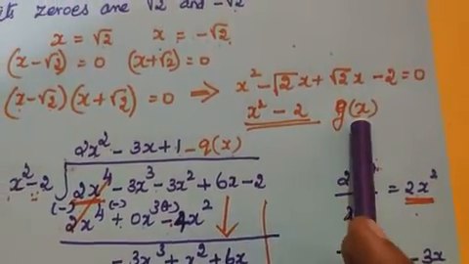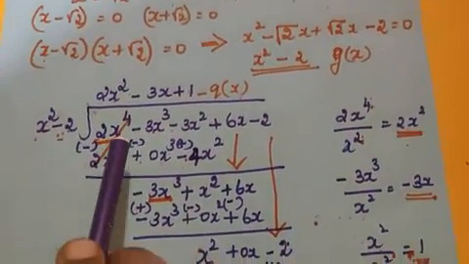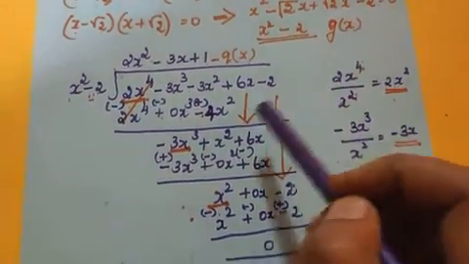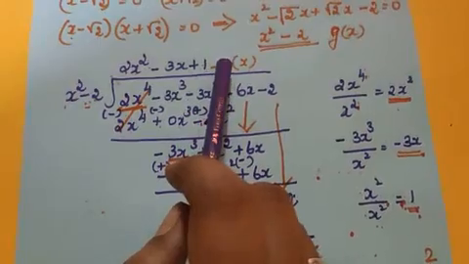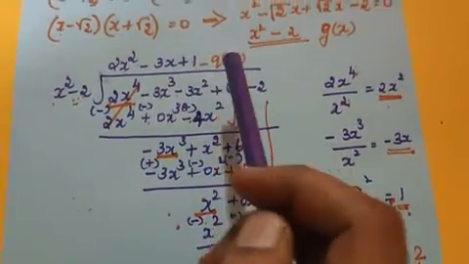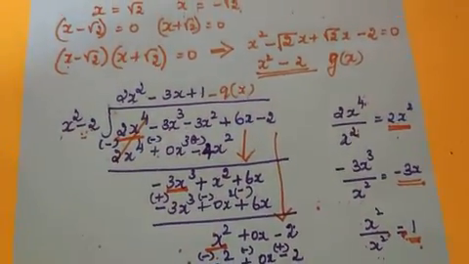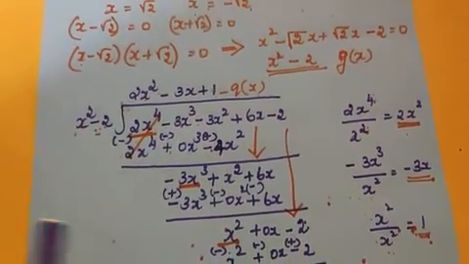Right? Now we got the g of x, and already in the question it is given p of x. If you divide it by the normal long division method, we will get the quotient. From the quotient we can find out the rest of the two zeros. Now you see how to divide this one.